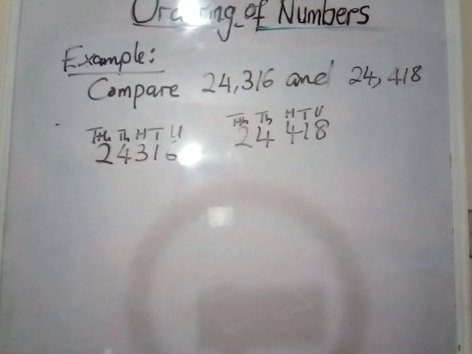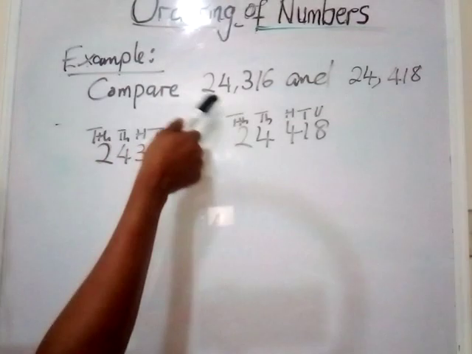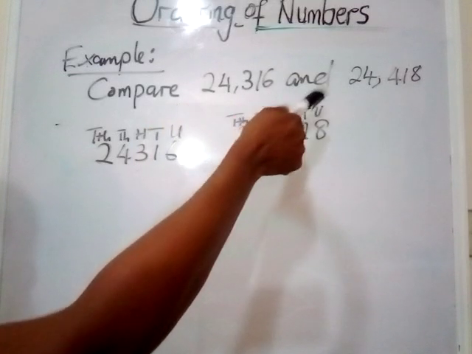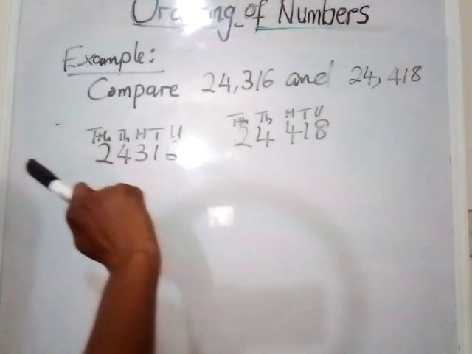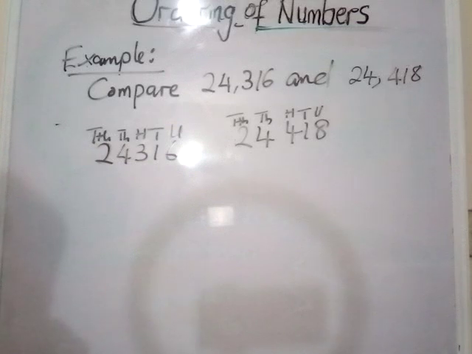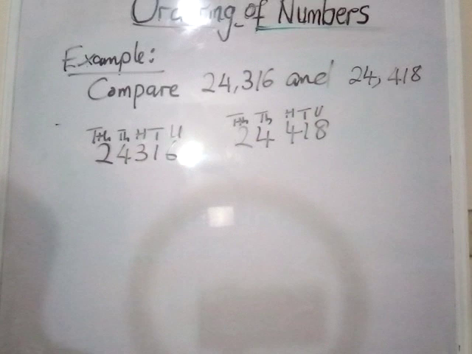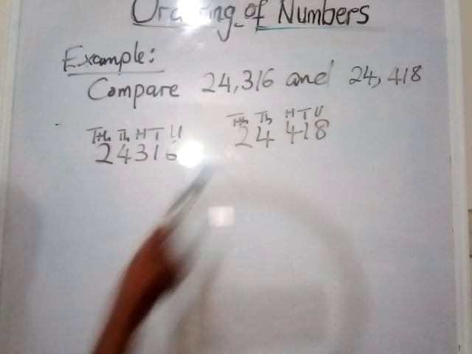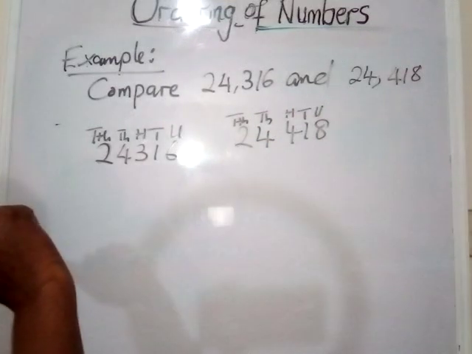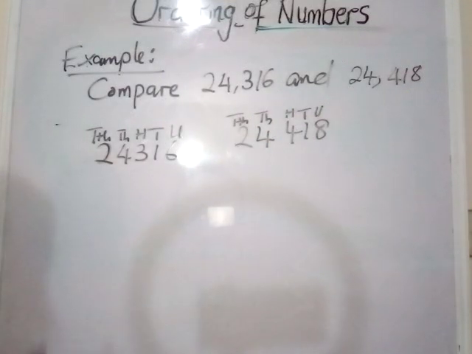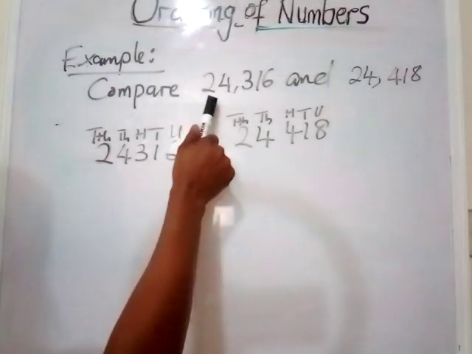So let's quickly take a look at this example. Compare 24316 and 24418. I don't like to name this number. Try and see if you can name this number and that number based on the lessons we've done in the past. I'm giving you time to try and name these two numbers. Okay. So this first number here is